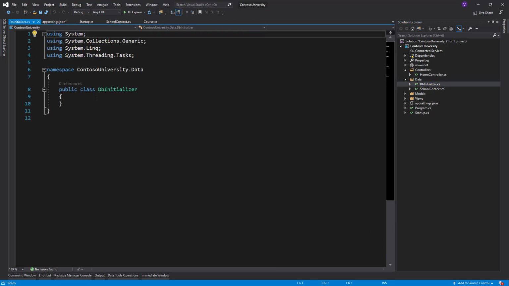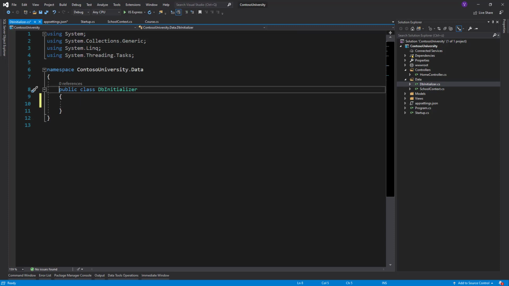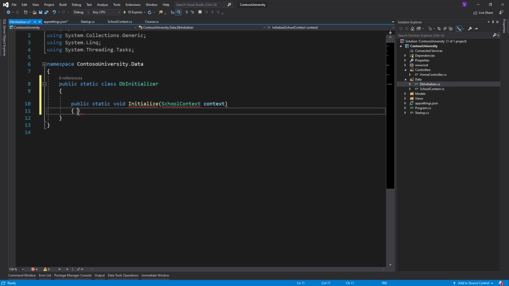So DB Initializer looks like this, and we won't leave it like this. We'll say it's a public static class DB Initializer, and this public static class would have public static void Initialize, school context,